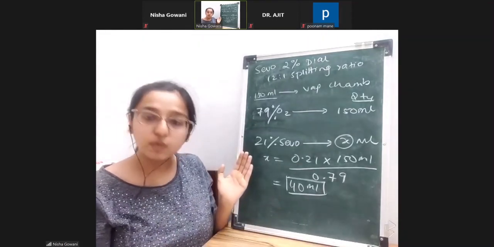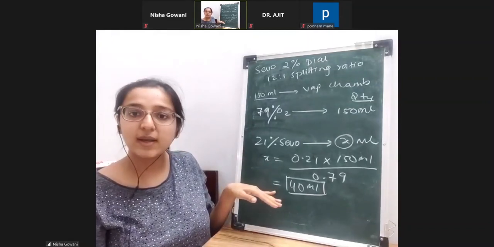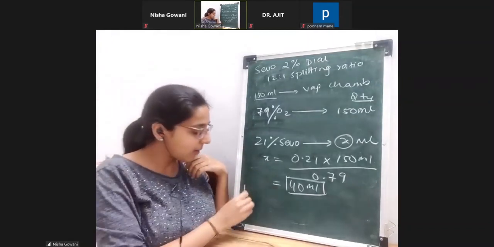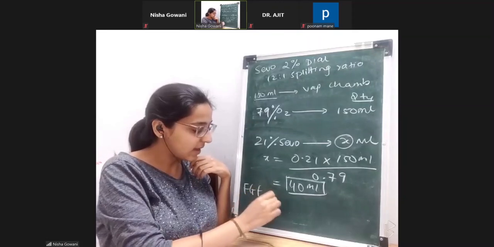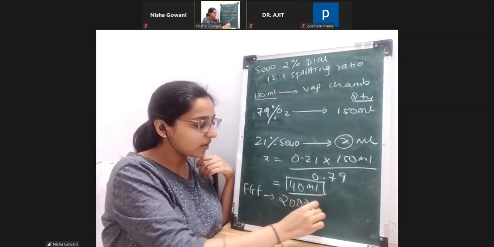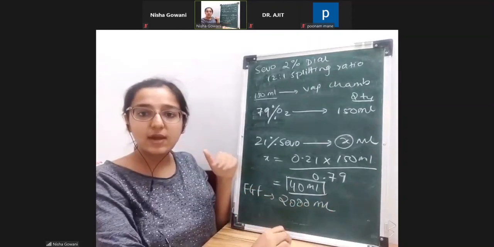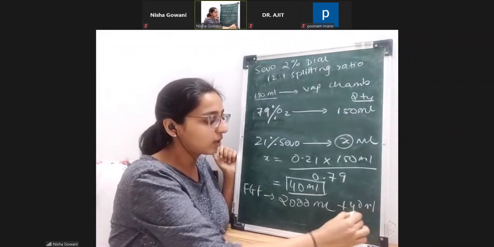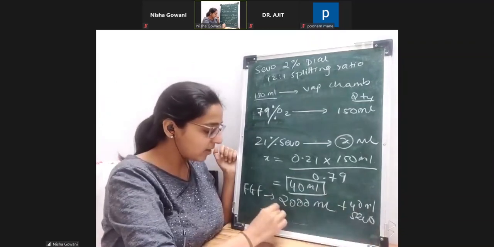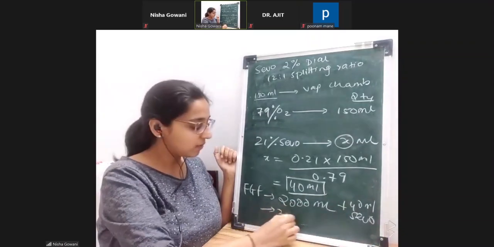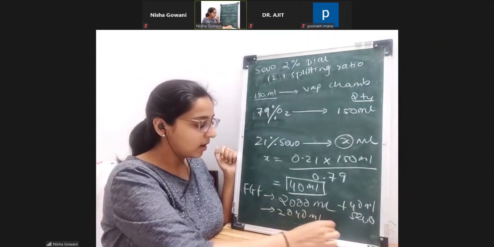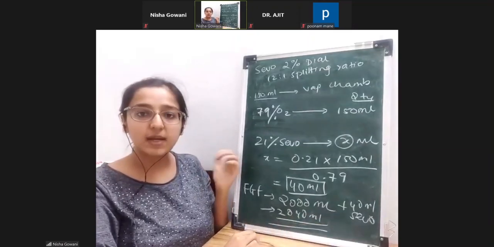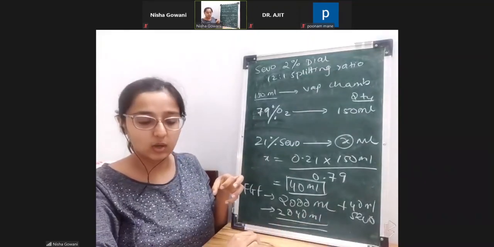So thus we get 40 ml sevoflurane has been added to that fresh gas. How much was the fresh gas flow initially? It was 2000 ml, right? 2000 ml was entering the vaporizer. Now this 2000 ml is going to get added with 40 ml sevoflurane, and ultimately how much gas is leaving the vaporizer? So we have 2040 ml of the total gas that is leaving the vaporizer, which is now carrying sevoflurane along with it.